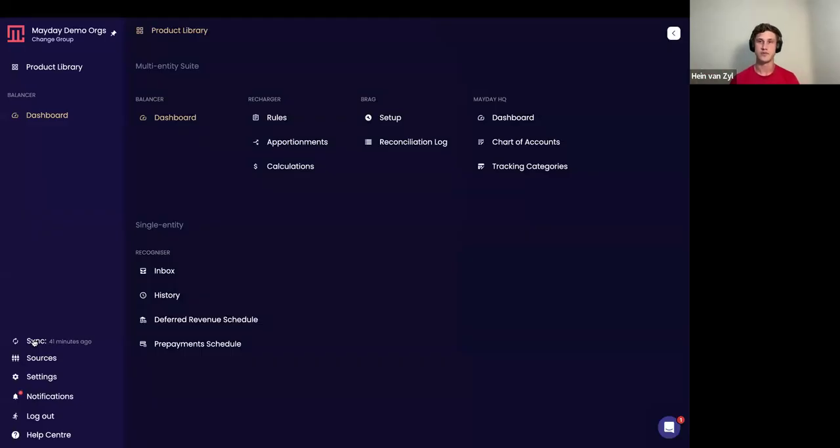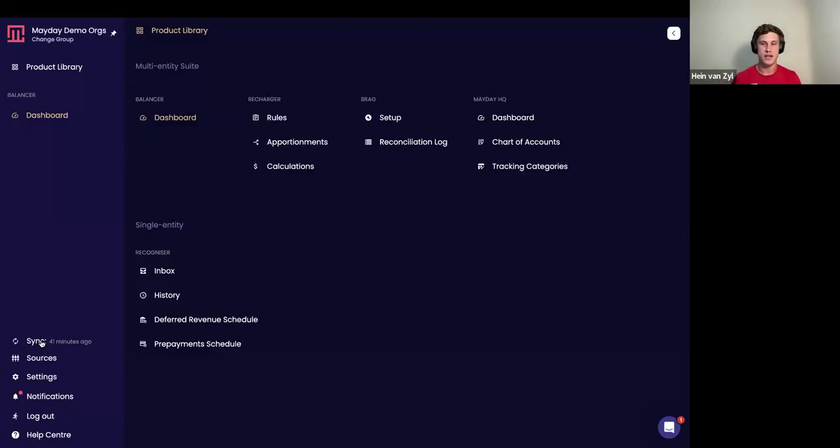If you've chosen a date as far back as we did, like January 2024, it can be a little while for this to sync, maybe half an hour, because we're pulling data as far back as 2024 for 6 entities. If you've chosen the start of October or the end of September as your date, and you only have 2 entities within your group, it can be as quick as 5 minutes or almost instantly. So this can vary just based on the volume of transactions we need to pull and the date from which we need to pull that back.